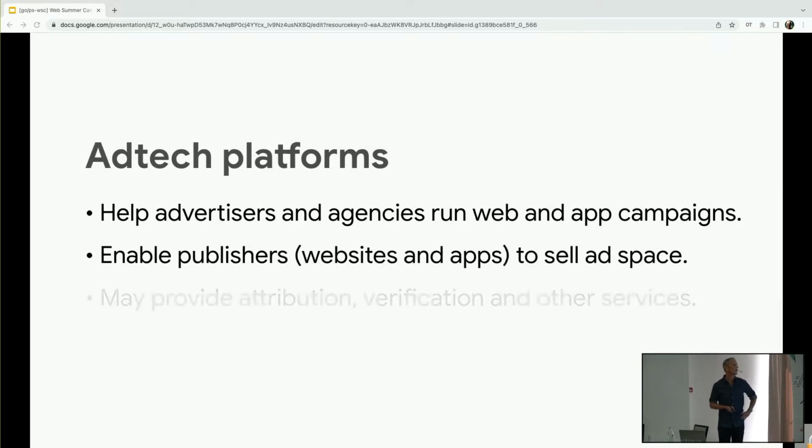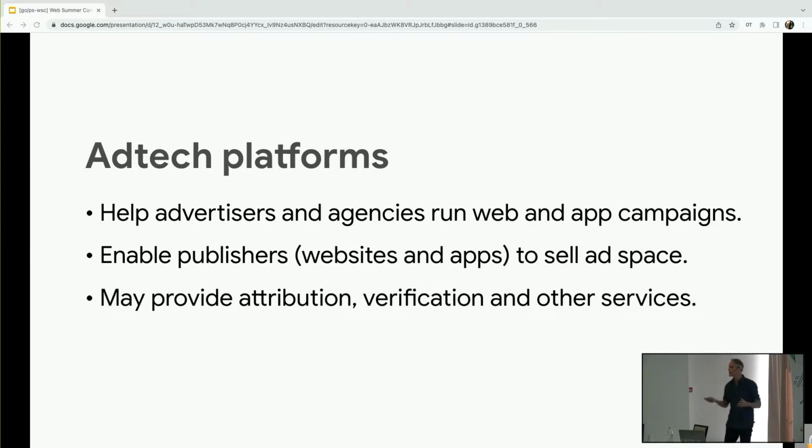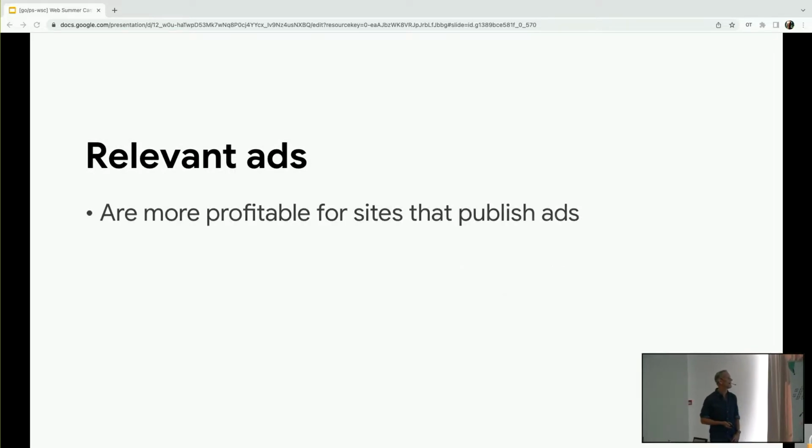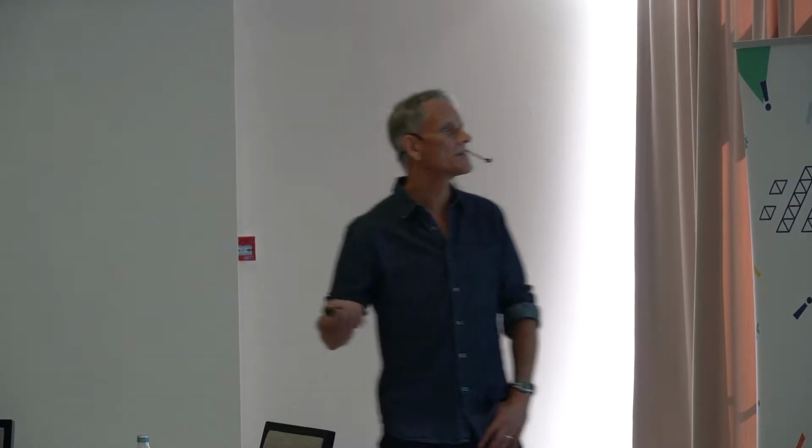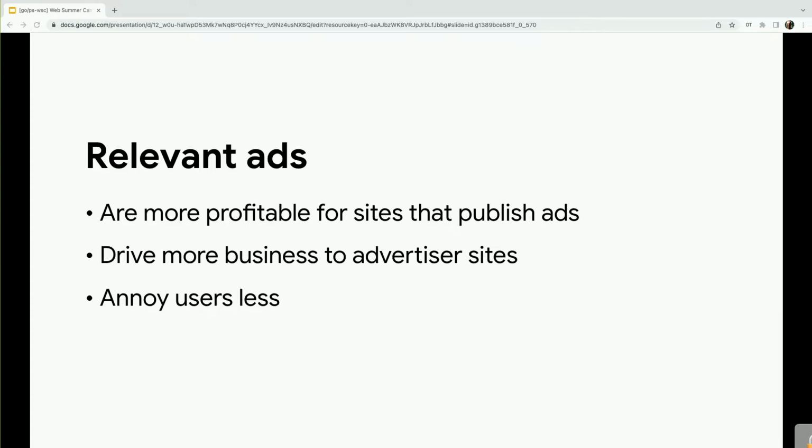Ad tech platforms: you might have heard about supply-side platforms, SSPs, or demand-side platforms, DSPs, and so on. These are services and platforms that are buying and selling ad space and providing measurement of digital advertising. Relevant ads are more profitable for the sites that publish them.